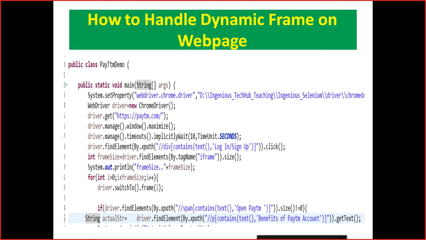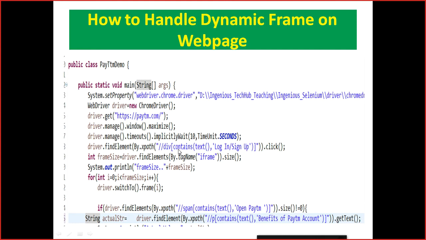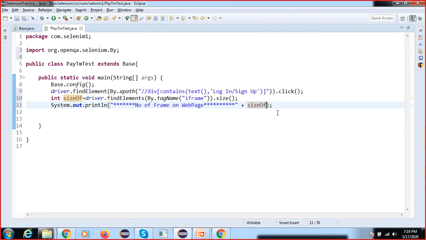But here I want to explain how to handle a dynamic frame. The way of switching the frame is different here because this is a dynamic frame. So what I can do here is use a for loop. I'm going to iterate all the frames which are available on this page.